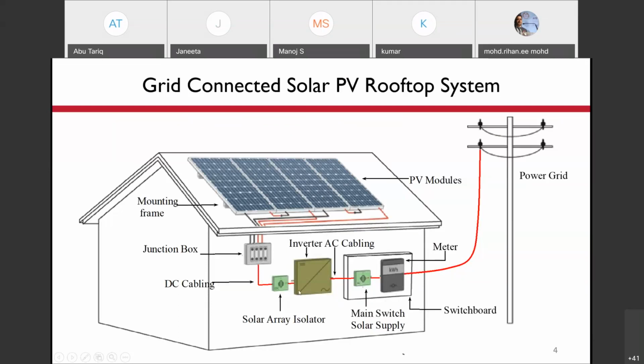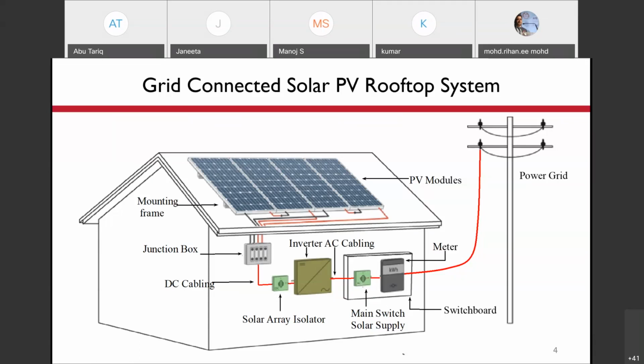So this inverter, which is shown here, is a grid connected inverter. It converts the DC power from the PV array into AC, and this AC then goes to the main switch of the supply. Here you may have some other things also, but they are not shown, and then there is some energy meter.